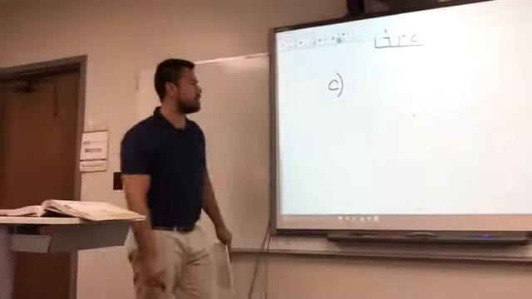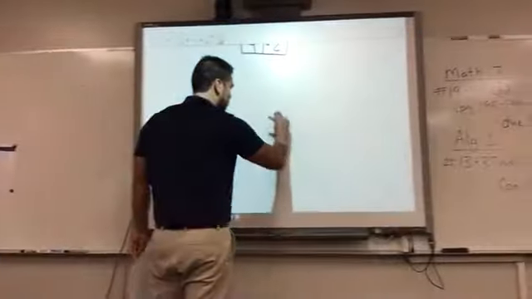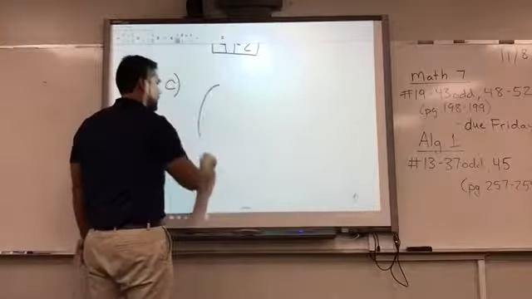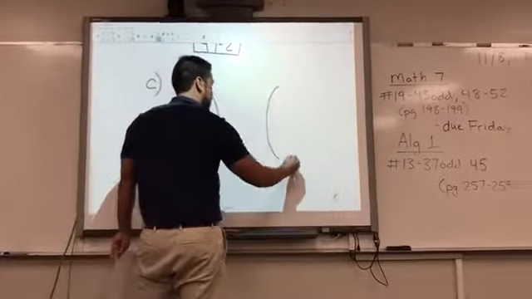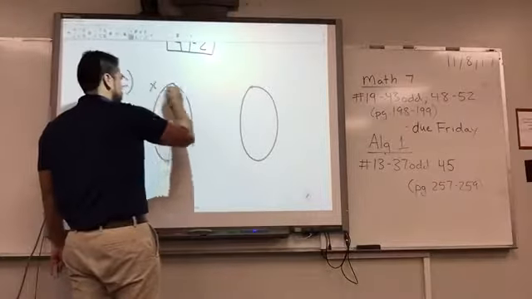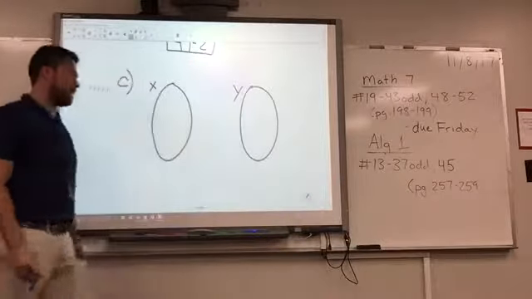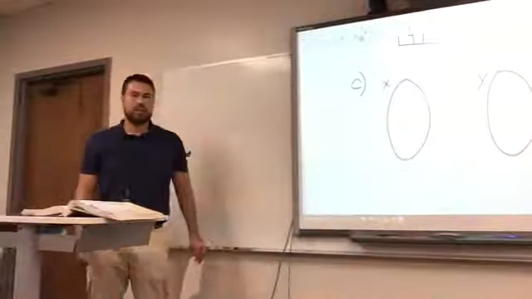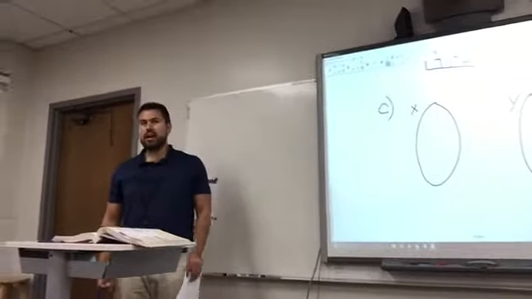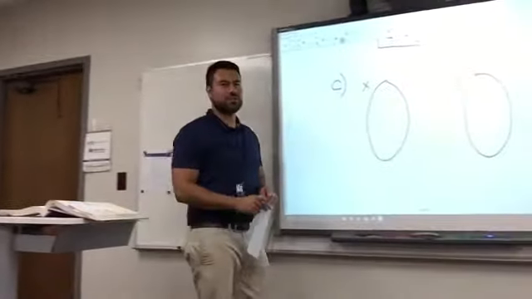Map it. Okay, what does it mean by mapping? You see those ovals? That's a circle mapping. Yeah, you can call it a circle mapping, but they just call it a mapping. You have your X and you have your Y values.